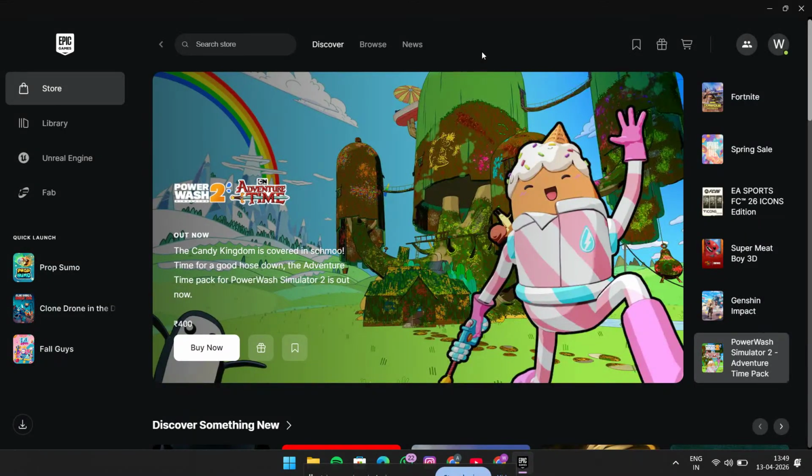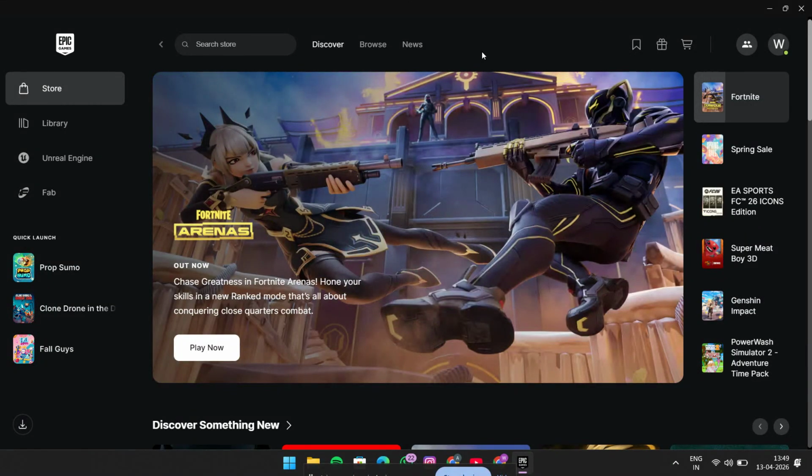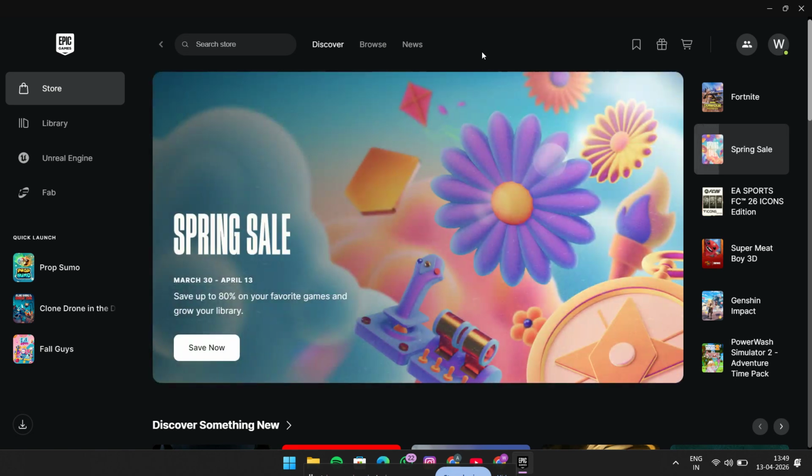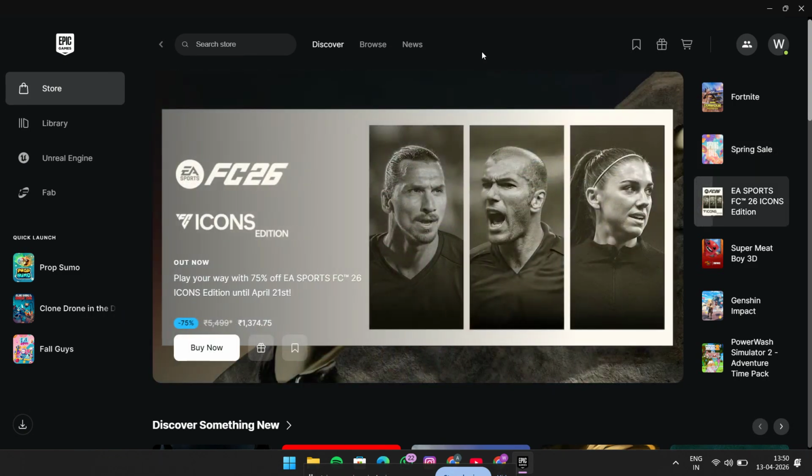If you've ever wondered how to redeem a code in Epic Games, you're in the right place. In this quick tutorial, I'm going to walk you through the exact steps to redeem your Epic Games code the easy way, whether you're using the website or the Epic Games launcher. This is perfect if you've got a game code, gift code, or promotional code and you want to claim it